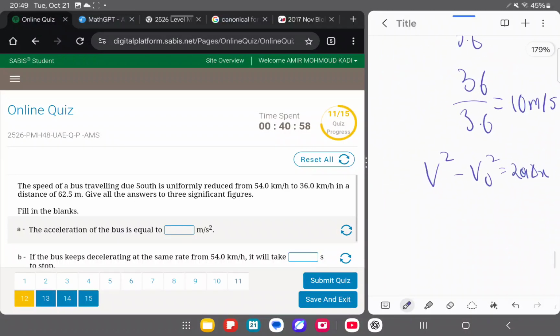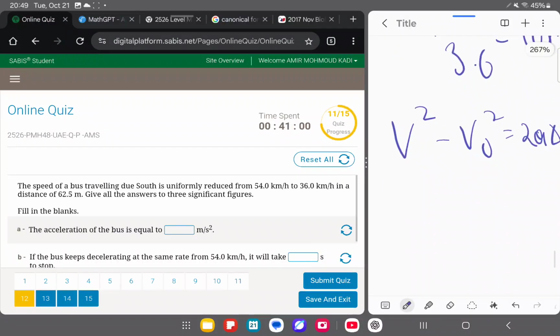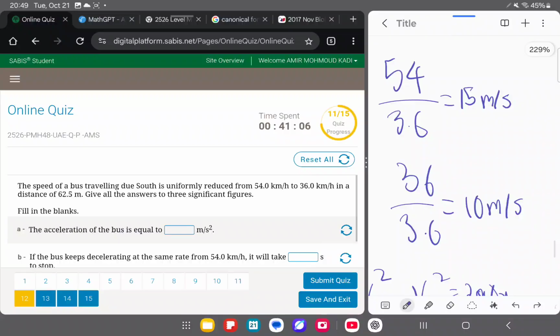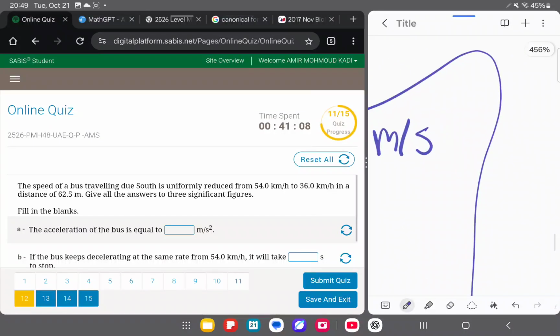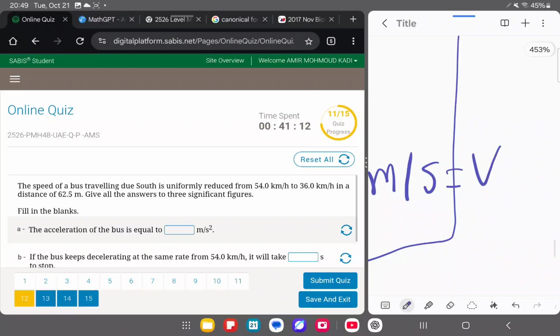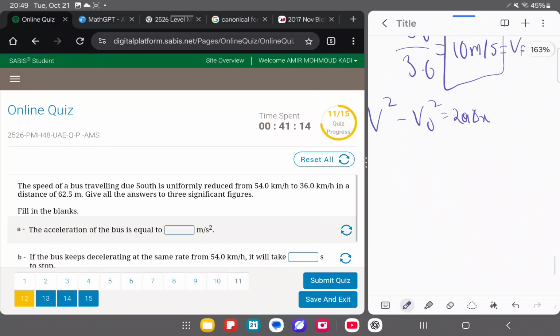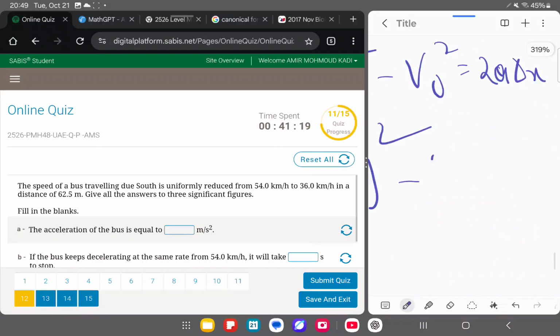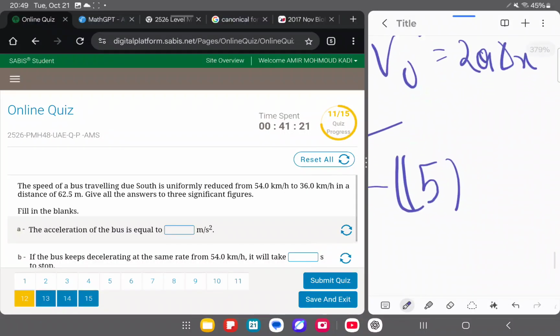So we know that here v initial is 54. Sorry, not 54, I was about to put 54. We have to remember our new labels here. This is v initial, and this is v final. But we don't really have to label it as v final. So here we'll just write 10 squared minus 15 squared,